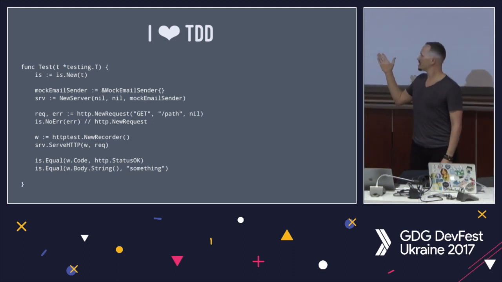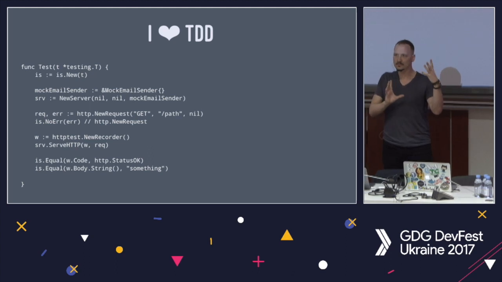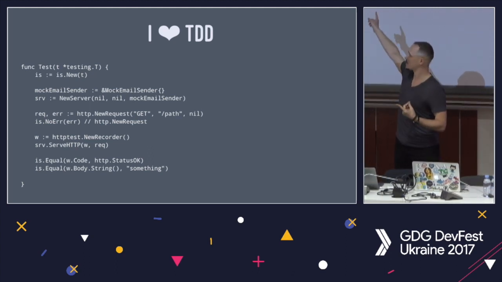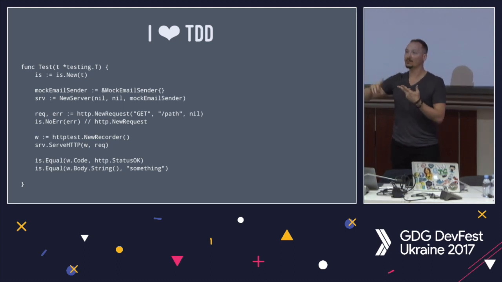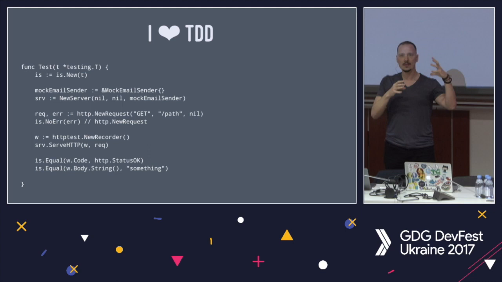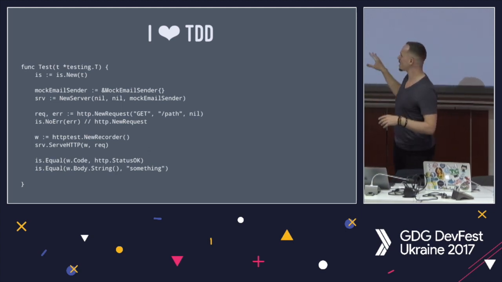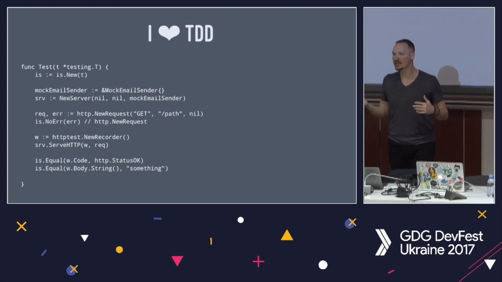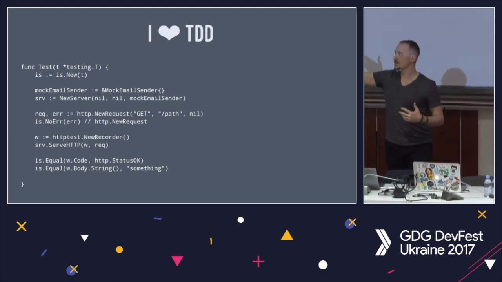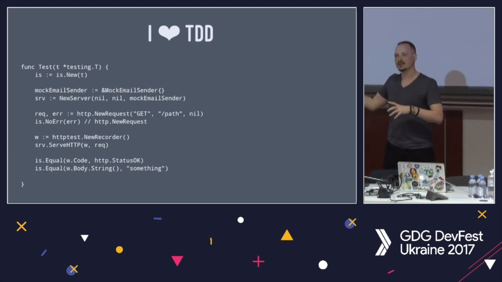This is very nice because you're really testing your whole stack. You're testing the routing, because you're making an actual request with a real path. You're testing that the method's correct. You're also testing any middleware that you've got going on. You're testing everything that you do. So it's quite a nice balance, and it remains a unit test. You mock out the dependencies, so it's not actually going to send any emails.